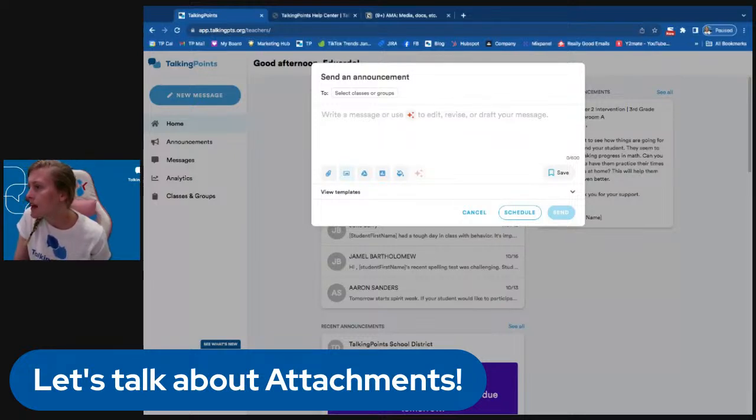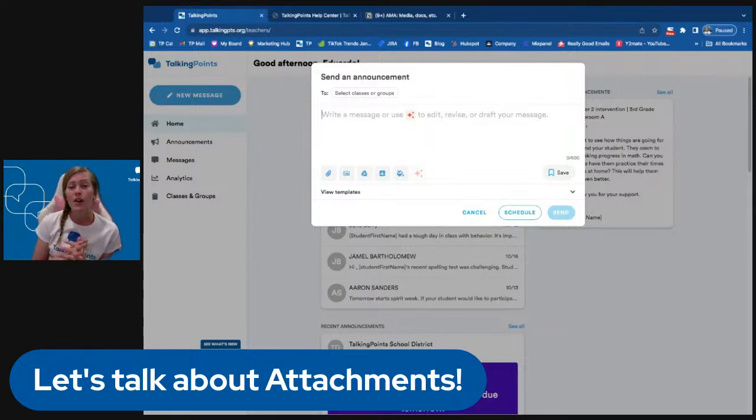And you might actually be uploading videos from your cell phone. A lot of teachers are using that feature from their cell phone, not their desktop. But you absolutely can.